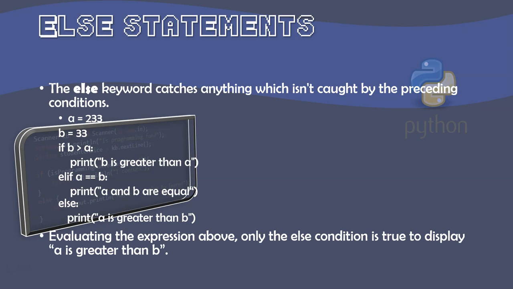And it is a logical conclusion to say, hey, if we evaluate this expression, in this particular instance, only this else statement is going to be true to display a is greater than b. And just like with other programming languages, remember, as soon as it finds that first condition that's true, whether it's an if, it has multiple else ifs, or just an if and else, it's always going to